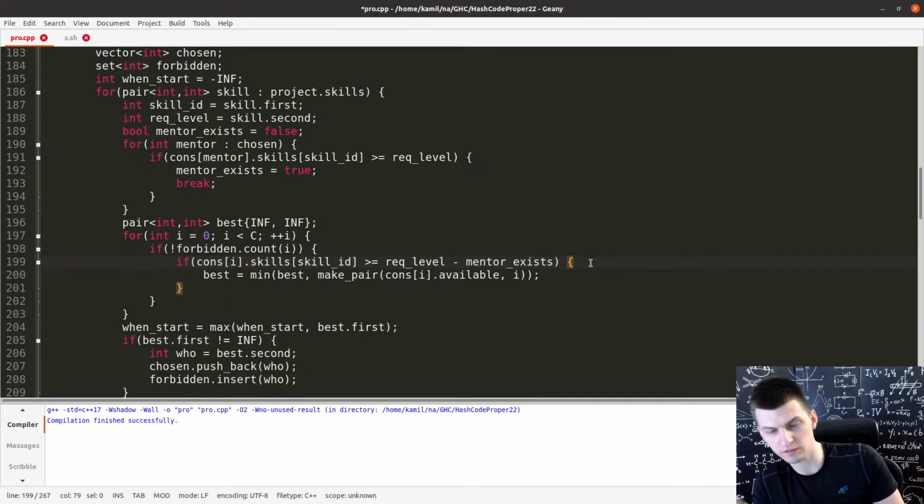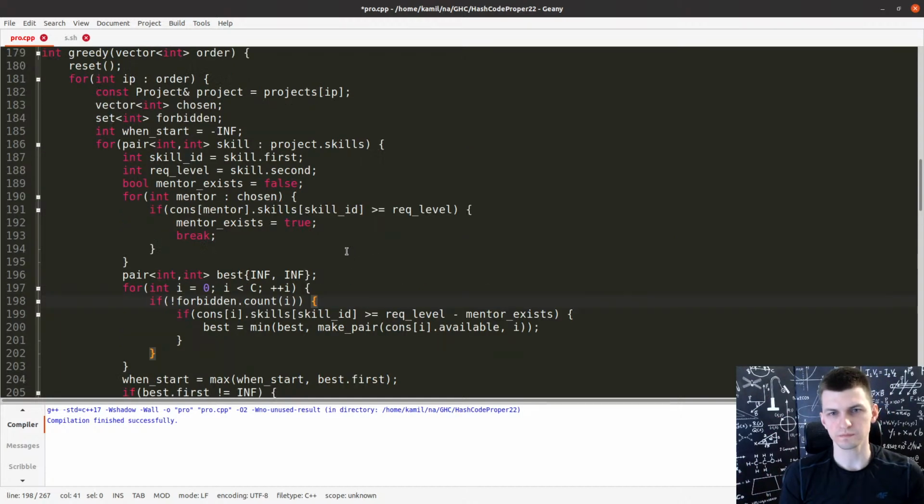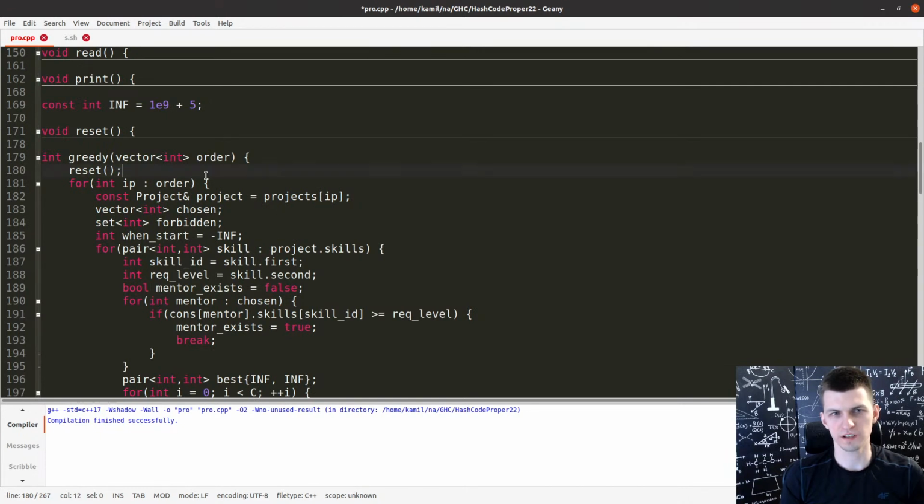If so, I minimize when it's available, and for that I think we can easily improve it if, for every skill, we know which people have the skill at least on this level. Which is something I did during the real contest, but here it might be slightly different.